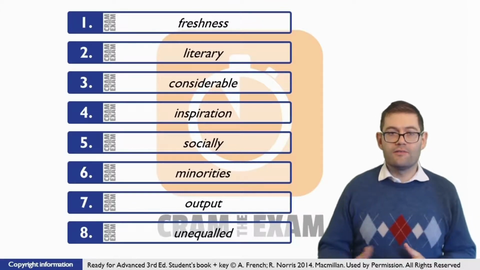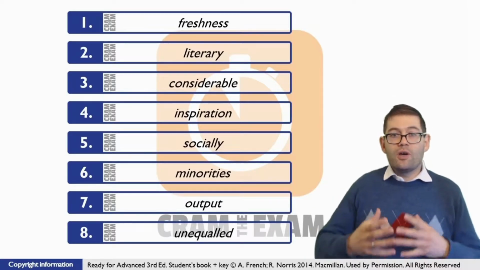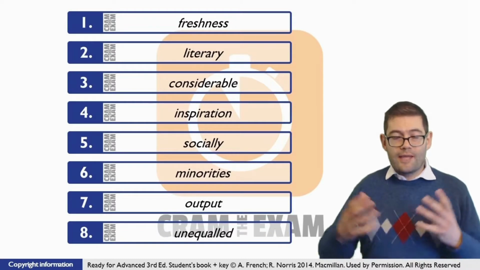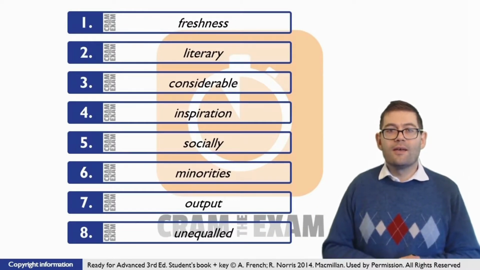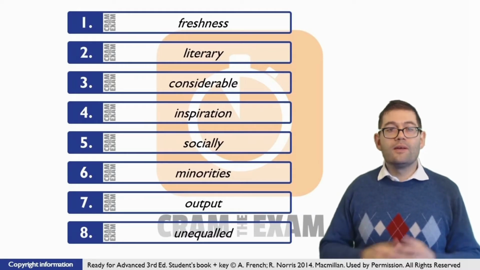But what kind of adjective? Well, the context tells us that no one else can produce work at this particular level or that has this particular characteristic. So we need a negative form of the adjective. What's the word that we're looking for? Unequaled.